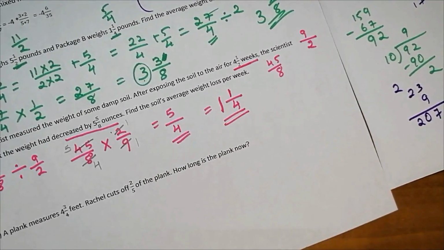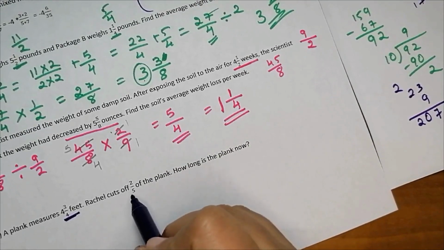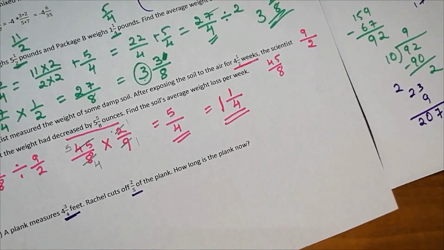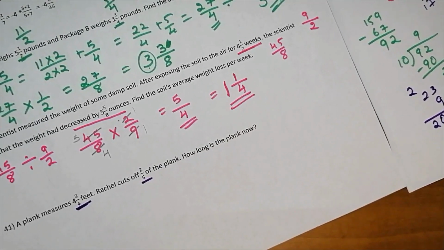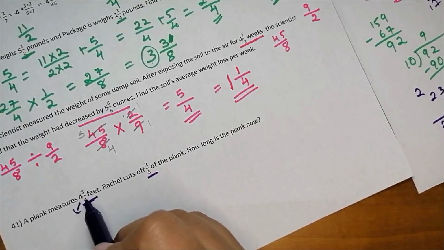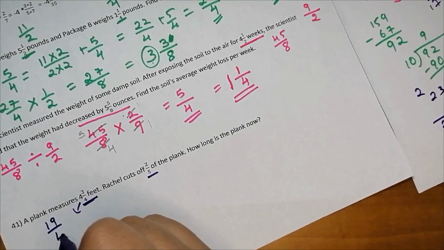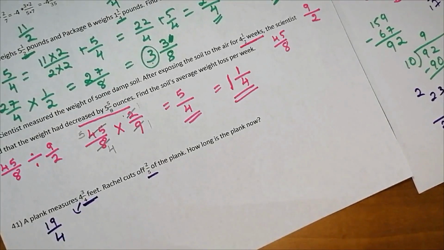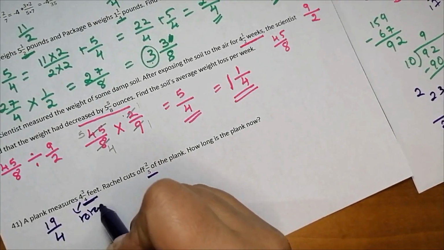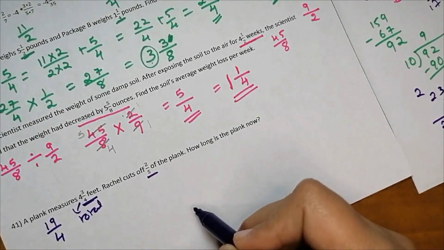The plank measures this, and Rachel cuts off this. How long is the plank now? Okay, so let's convert this. 4 times 4 is 16, 16 plus 3 is 19. So this is 19 over 4, and the other is already a fraction. So this is the total. You would write total length of the plank is this many feet, Rachel cuts this many feet. Therefore,